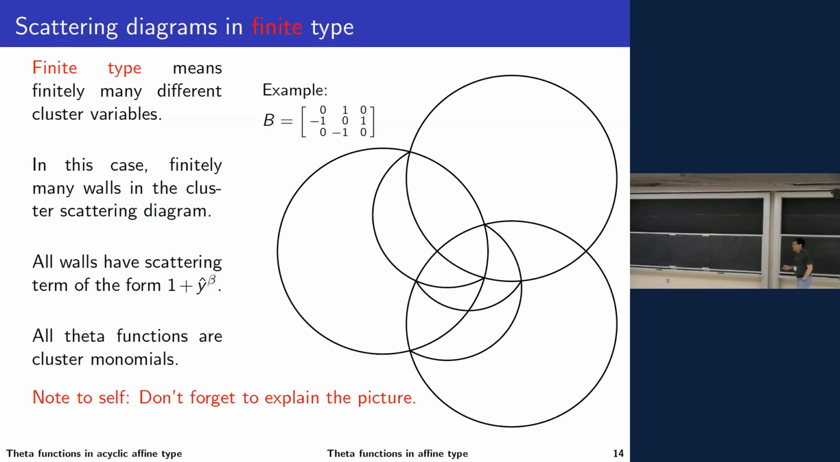Okay, and I was wondering whether I would need that. I did need that because I didn't explain the picture. Okay, so I try not to ever count on my memory happening correctly in the moment. Okay, so